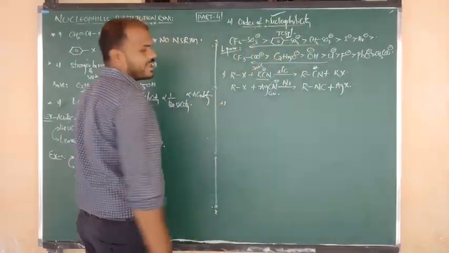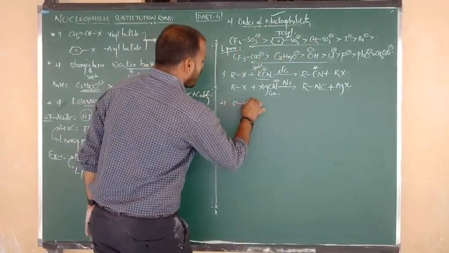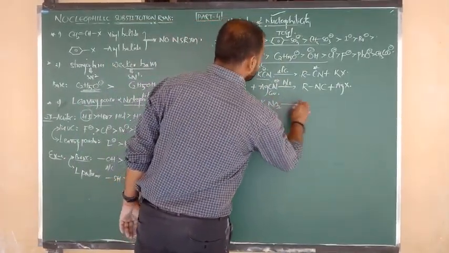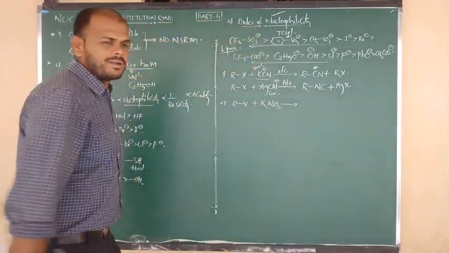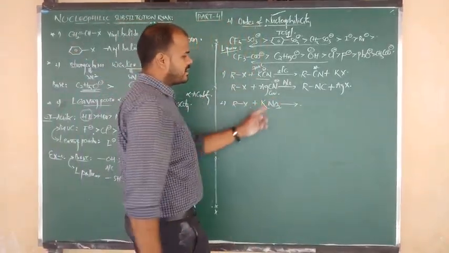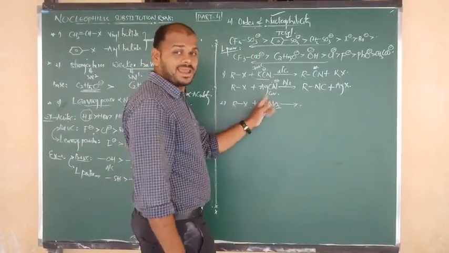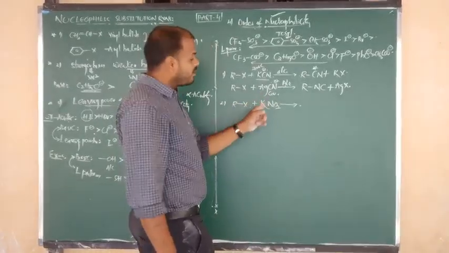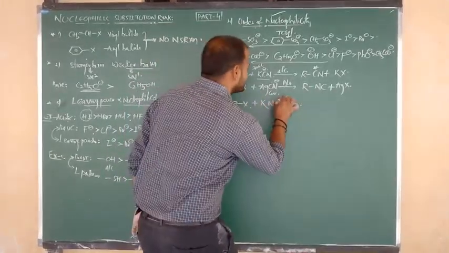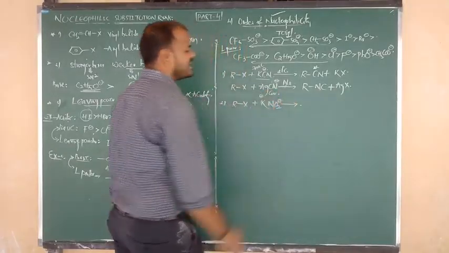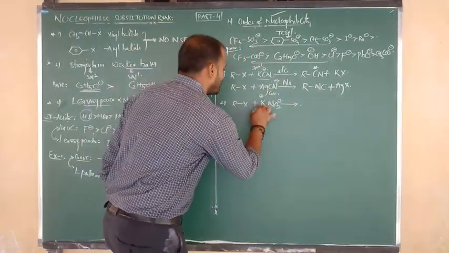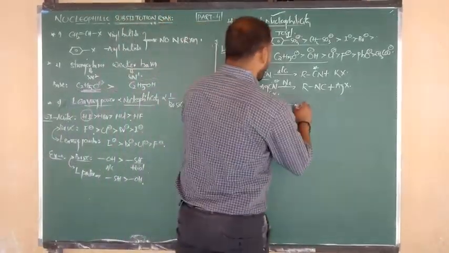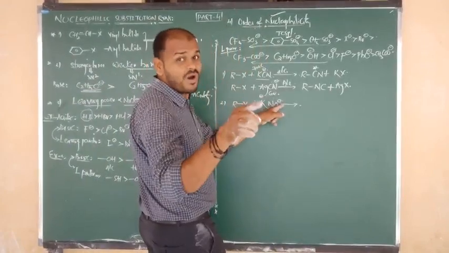Good. Next, go for another nucleophilic substitution reaction. RX, alkyl halides, undergo reaction with KNO2, potassium nitrite. In potassium nitrite, K contains charge plus, nitrogen contains charge minus. But here in that case, more electropositive is potassium, more electronegative is oxygen. So here oxygen contains charge minus and potassium contains charge plus. So this is also ionic in nature. R is connected through oxygen.